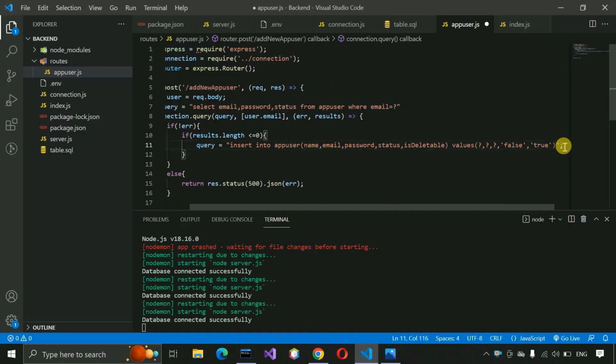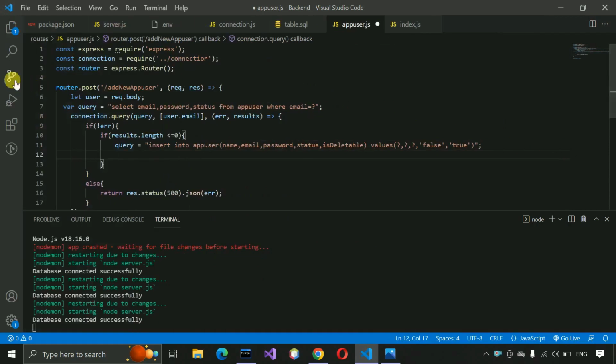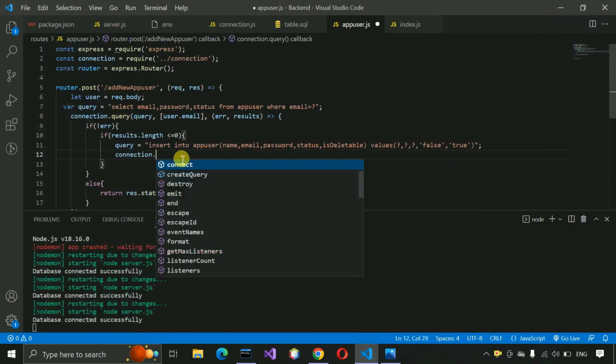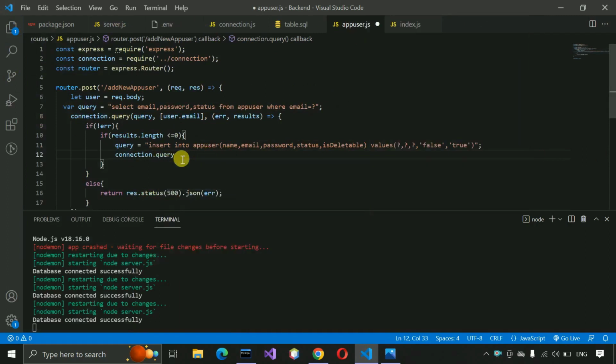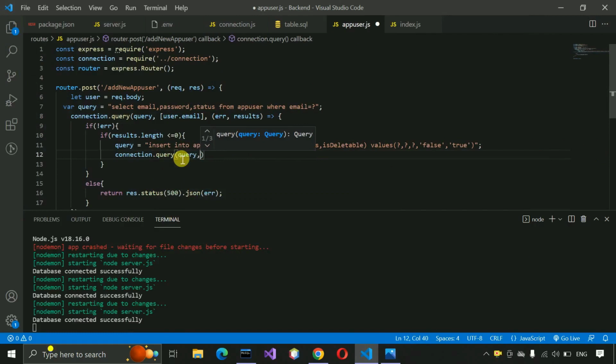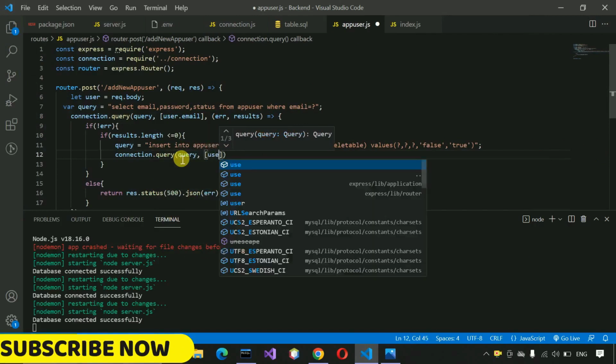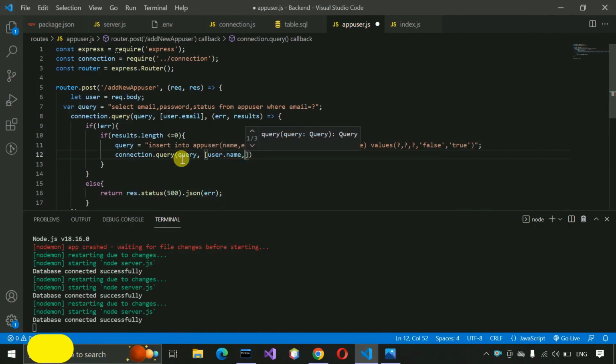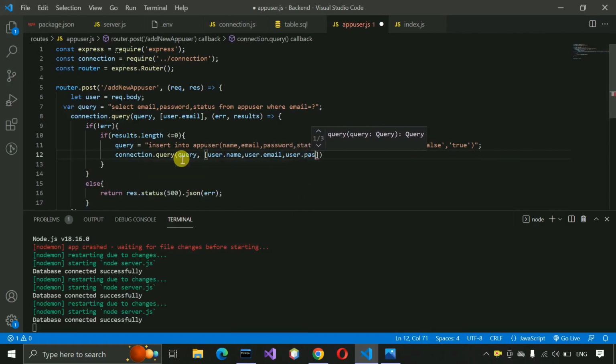Just put a semicolon at the end here, and after that let me decrease the size of this one. Okay, remove that one. Okay, so after that we have to again create the connection dot query to execute the query, and in this we need to pass the query, and here we have to just write user dot name. So after that user dot email, user dot password